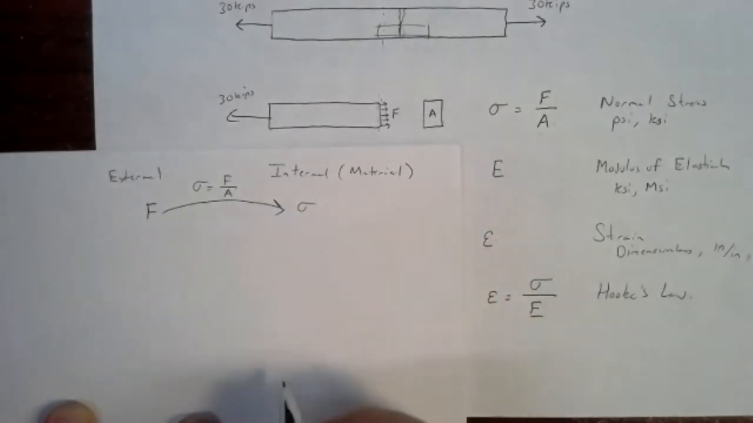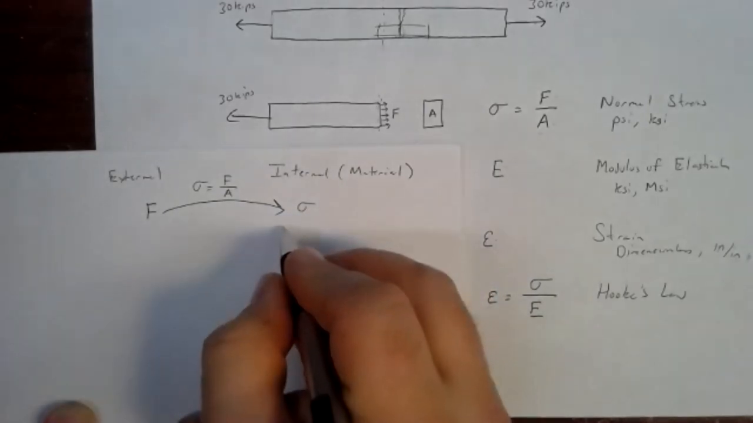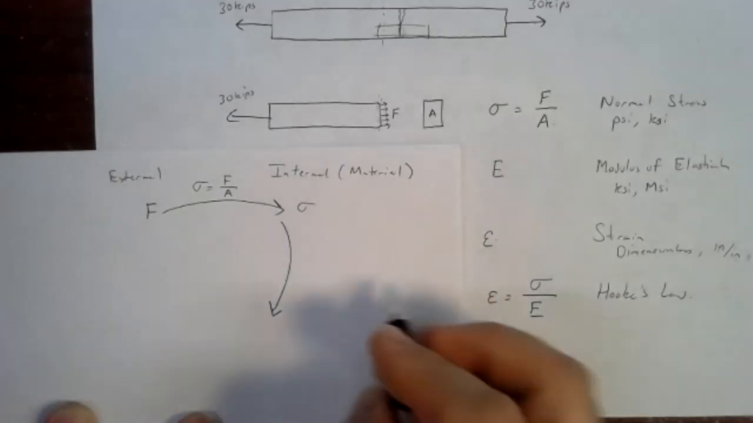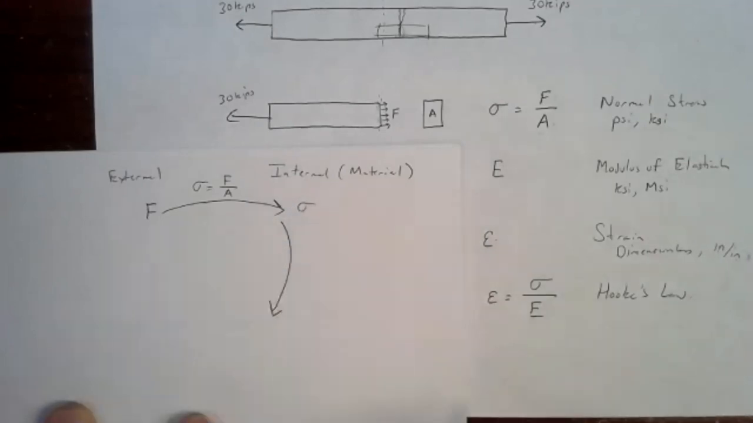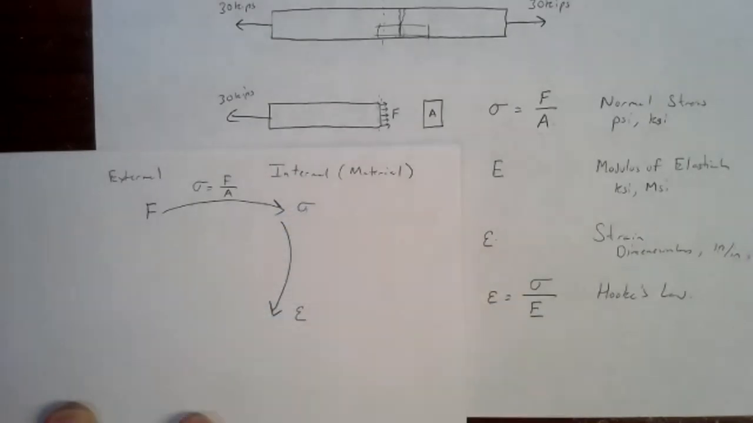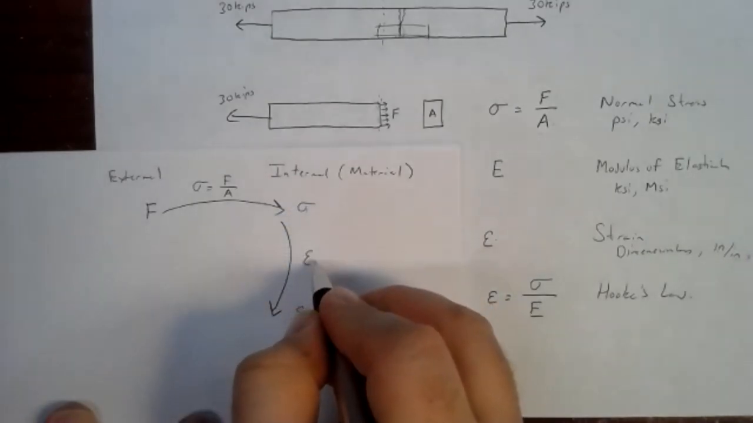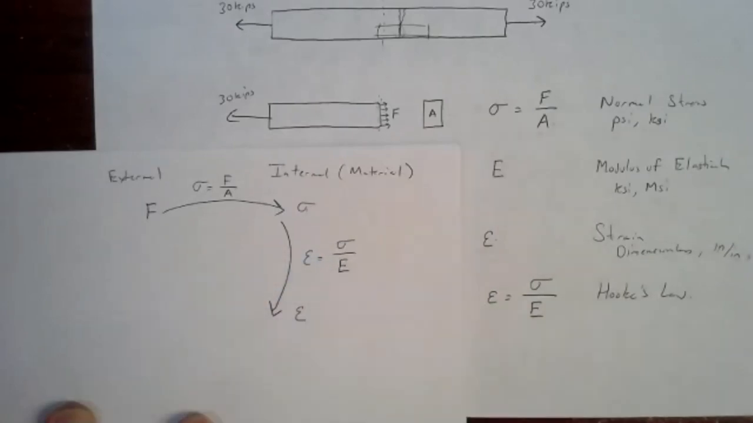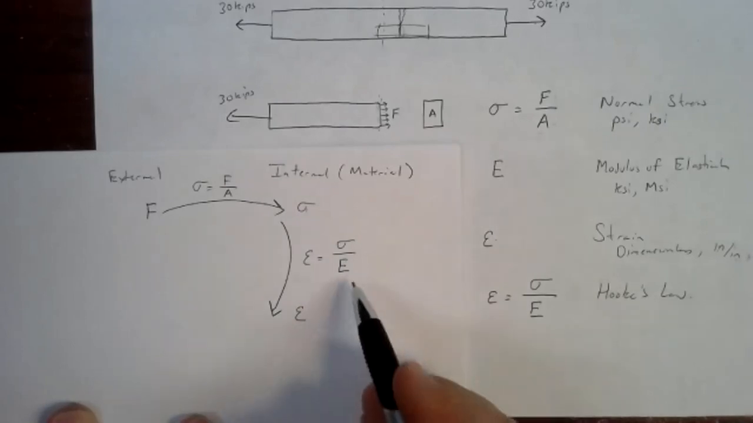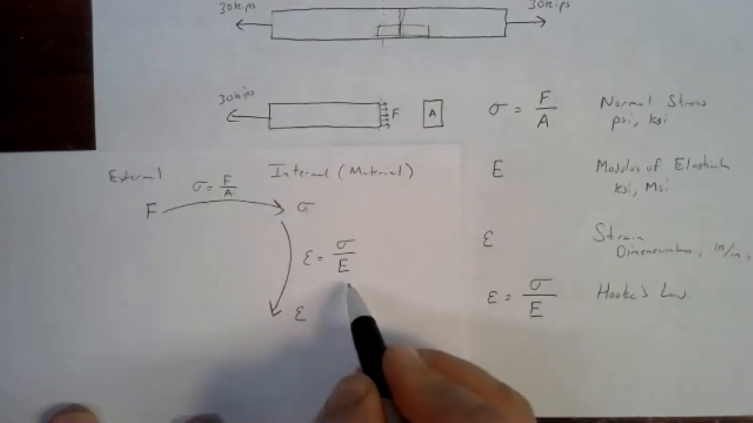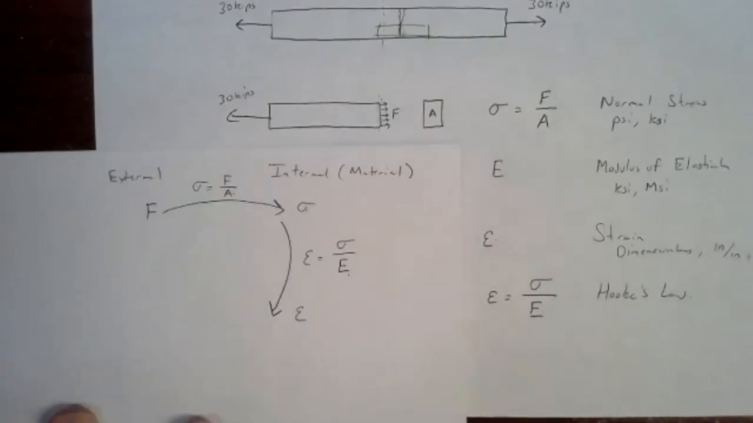Now, to get to the deformation, to get to the strain, we can use Hooke's law. So we can jump from the stress to the strain by using Hooke's law. Strain is the normal stress divided by the modulus, and that's a material property. So you can go to a table and figure out what that is. We can measure that area. We can look up based on the material what the modulus is. And then we had